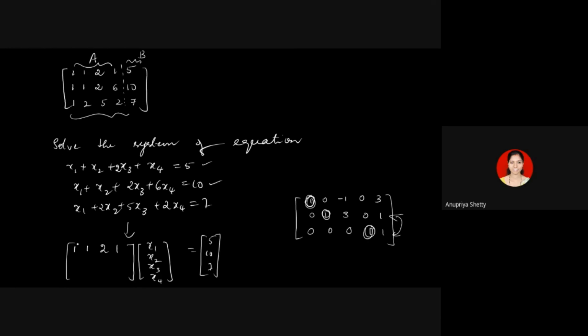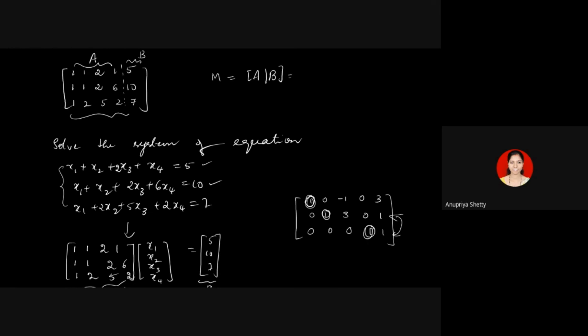To get the second equation, I should take the row 1, 1, 2, 6. That is our second row here. And the third row is, of course, 1, 2, 5, 2. So if the system is given to you in terms of 3 equations and 4 unknowns, you try writing it in the matrix form like this. This is our A and this is B. And whenever we have to solve a system, what do we do? We compute the augmented matrix. We write down the augmented matrix.